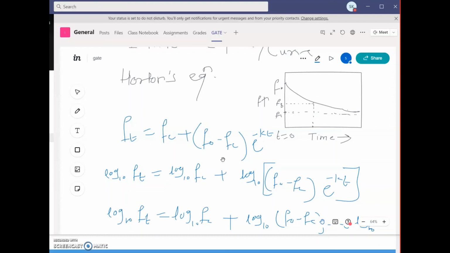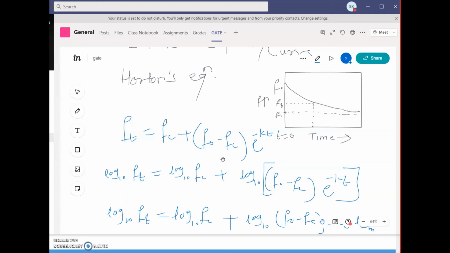After this we'll discuss what the different effects of infiltration are. So can you just tell me what the different effects of infiltration can be? Infiltration reduces the magnitude of the flood, because if the rate is high, then definitely the possibility of flood would be less. It also delays the time of arrival of water to the channel. So when rainfall occurs, it delays the time of arrival of water to any kind of